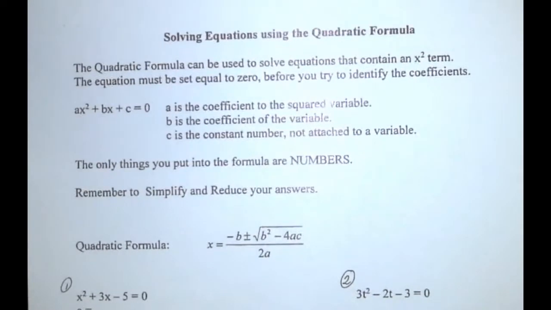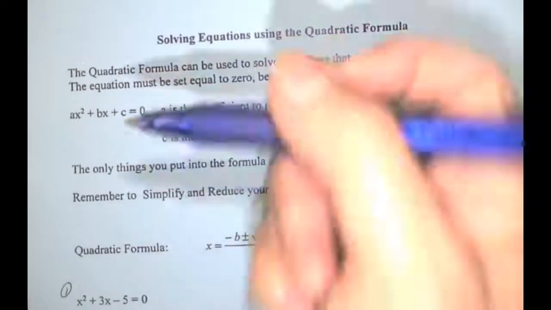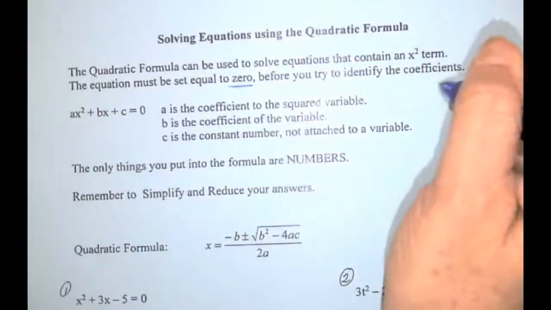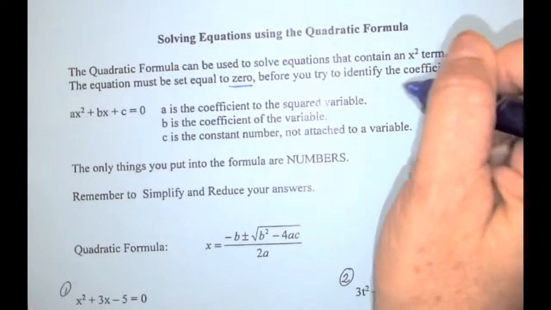works every time. Sometimes problems aren't set up easily for those other methods. They either can't be factored or they can't be done by square root because there's a middle term. Quadratic formula will work every time on every quadratic. We don't always want to use it because it's kind of clunky, and sometimes factoring or square root is faster and easier. So just like factoring, it must be set equal to 0 before you identify the pieces, the coefficients,